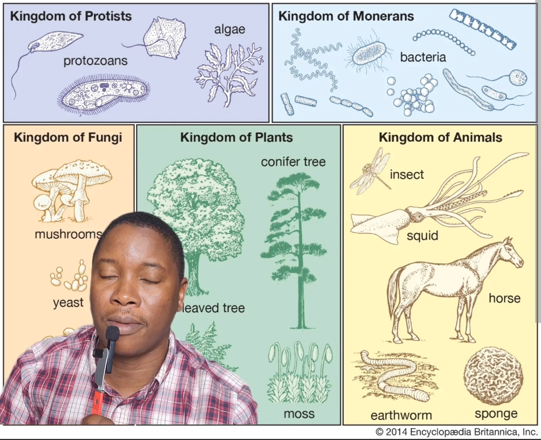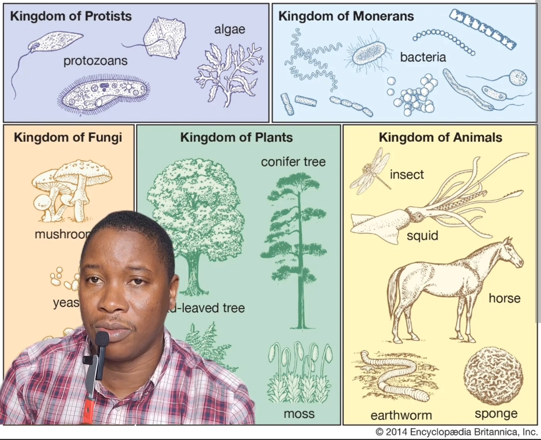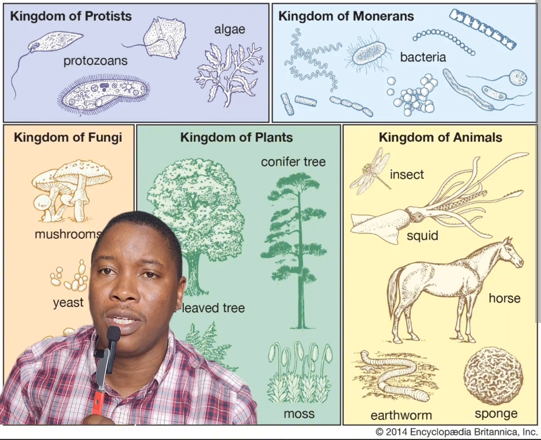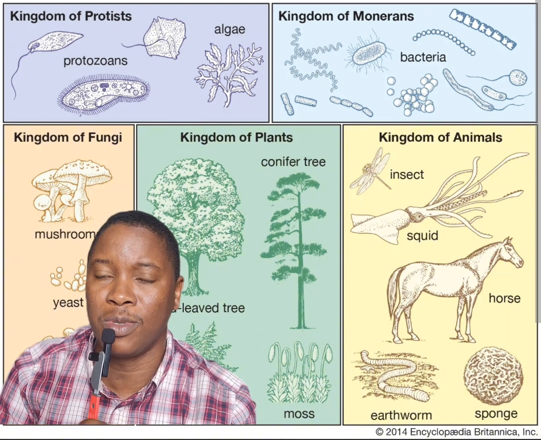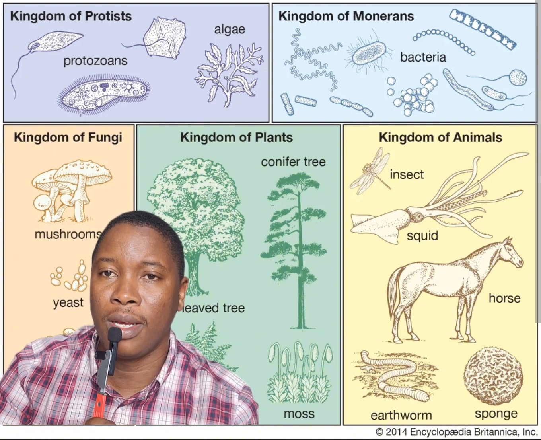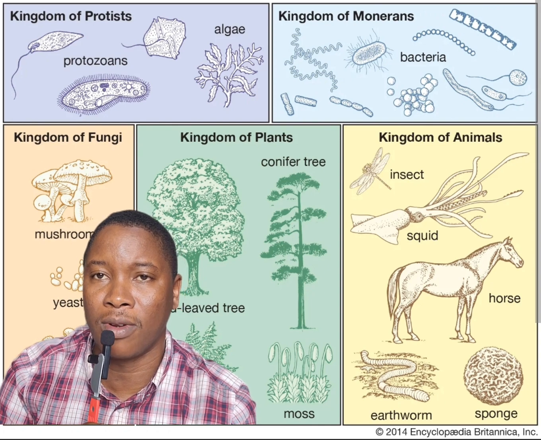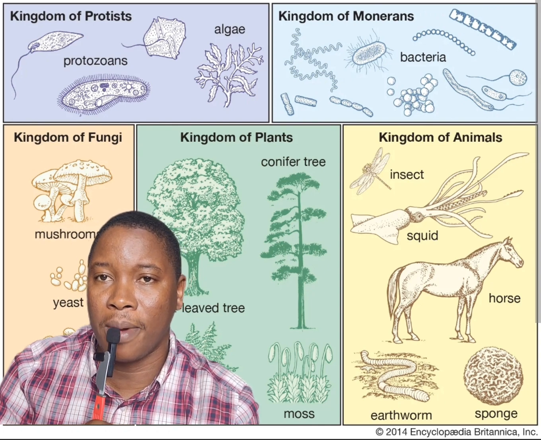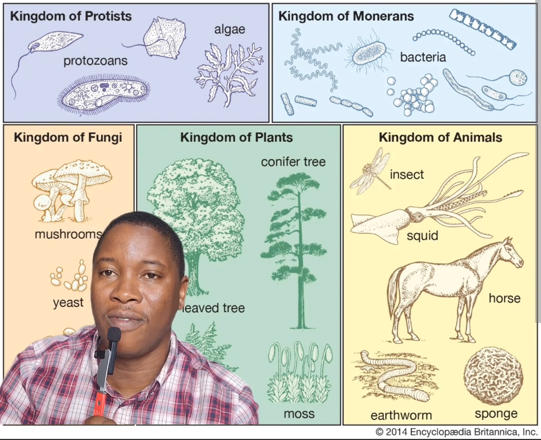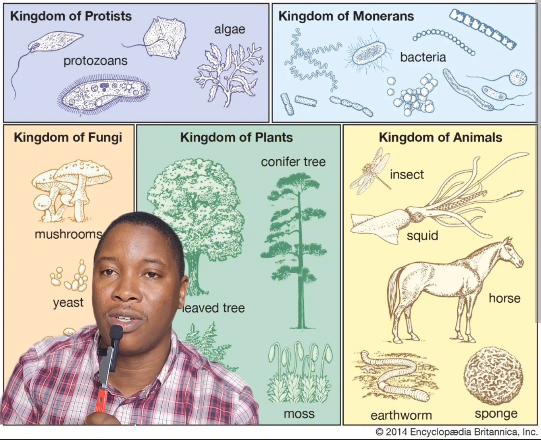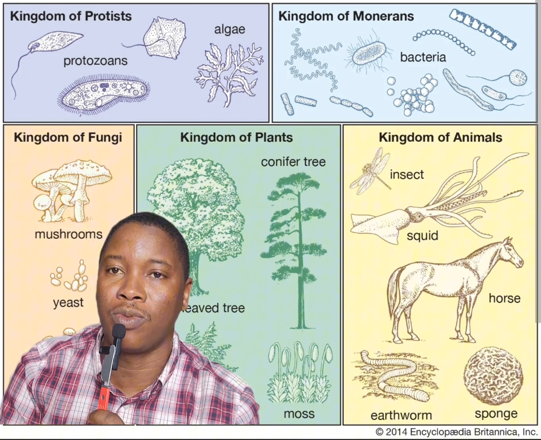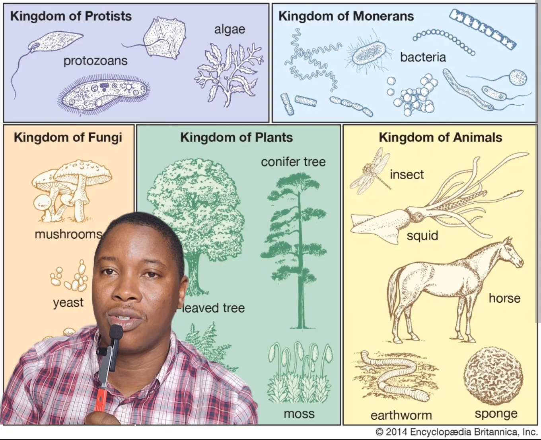Now, when we talk about nomenclature, which is the simplest, nomenclature simply talks about giving names to organisms. You want to be able to give a particular identity to a particular organism. So when you talk about nomenclature, you're talking about the giving of names to different organisms. Now, you can also talk about what we call taxonomy. Now, taxonomy has to do with